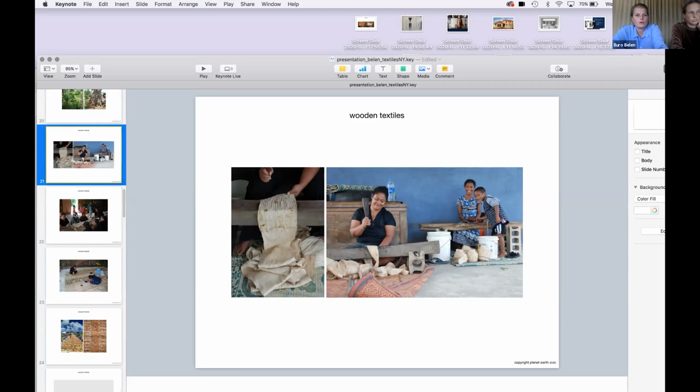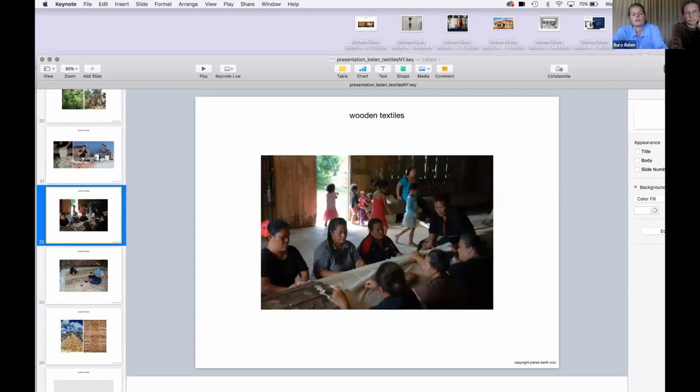So in their culture, they beat these barks on their own veranda, and once a week they come together. And this is also a social matter. This is not only a product, but this is really something that belongs and is a daily part of their culture. So they all bring in their own individual tappa, but together they worked on a gesamt piece, you could say, because they produce one sheet of cloth, one tappa piece, that they then